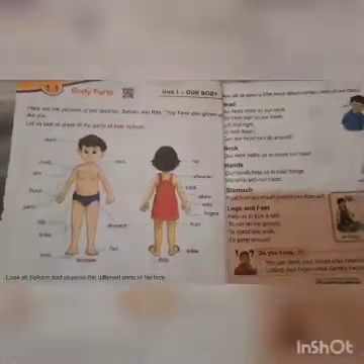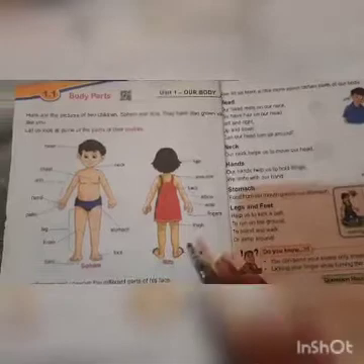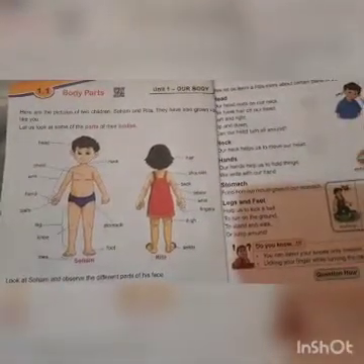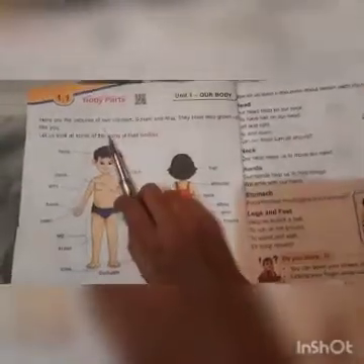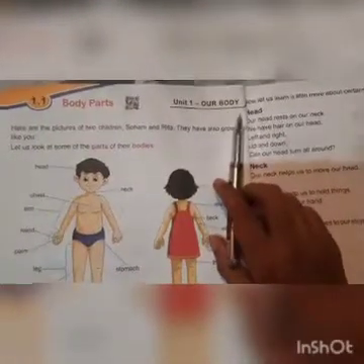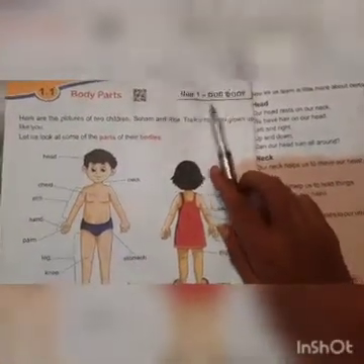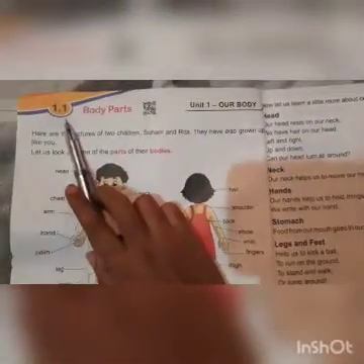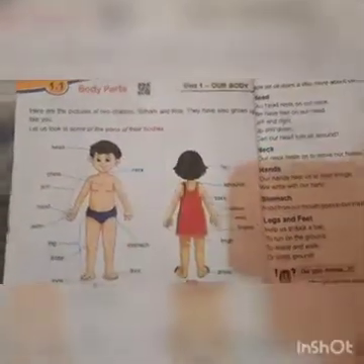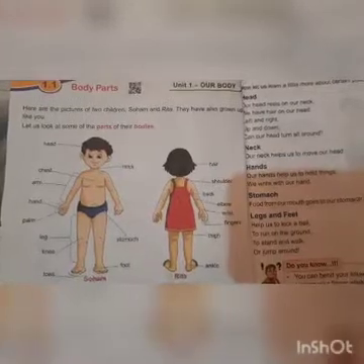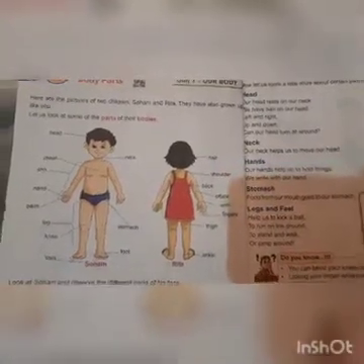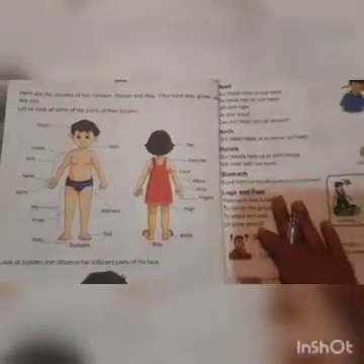So today we are going to revise the lessons that we learnt in our previous year. जो हमने last year पढ़ा है उस lesson का अब हम क्या करेंगे, revision करेंगे. So let's start with the first unit, that is our body. In first unit we have unit 1.1 body parts. So do you remember what all you learnt in this unit? क्या आपको याद है आपने इस यूनिट में क्या क्या पढ़ा था?